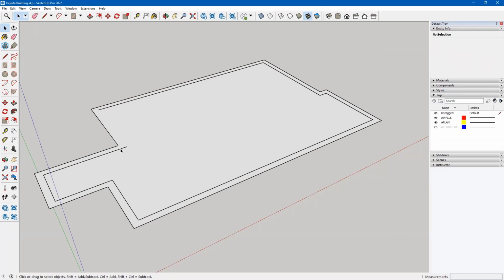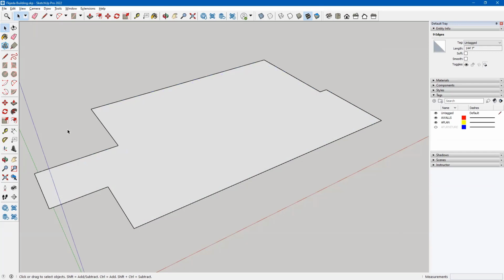And now I'll triple click. And notice how triple clicking selects all of the lines only, not the surface. And that's a little trick. You have to erase one of the lines first. So now that I have those selected, I tap the delete key and they're gone. If you wanted to,